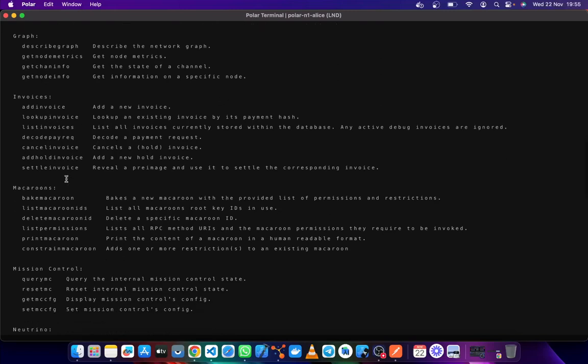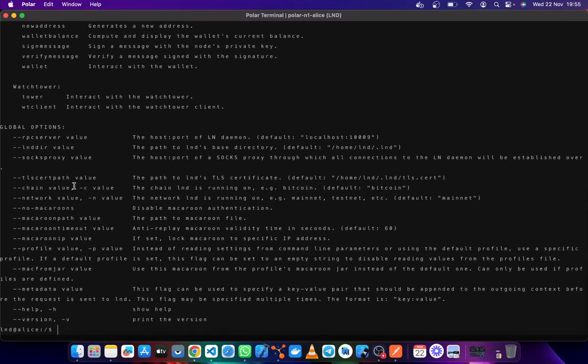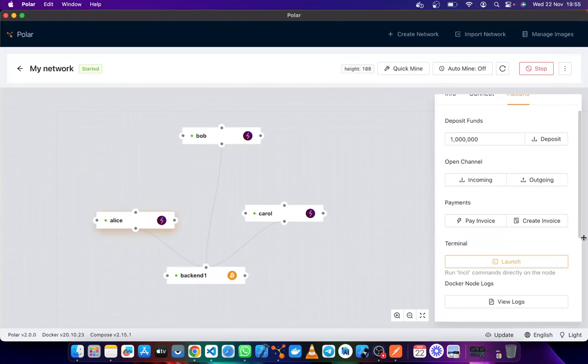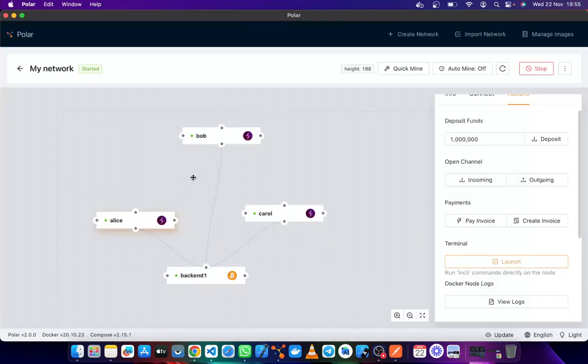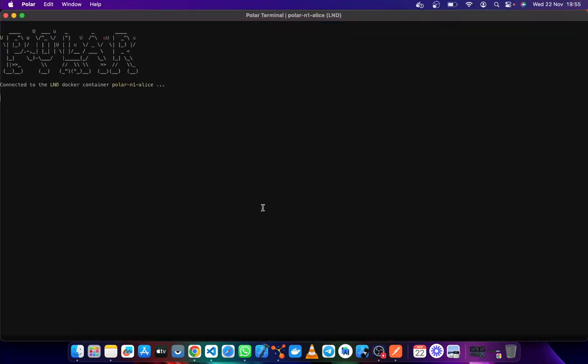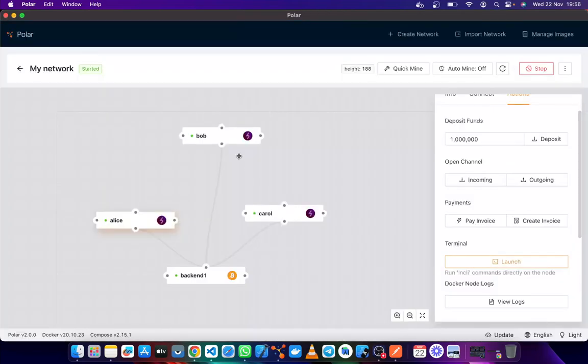Okay, I think it's something with LND, but let me try to list and see how many invoices Bob has made. It could give us a clear picture if these invoices are getting created properly. Am I launching Alice? Oh, I wanted to launch Bob.